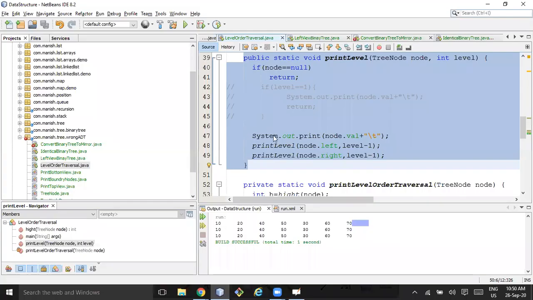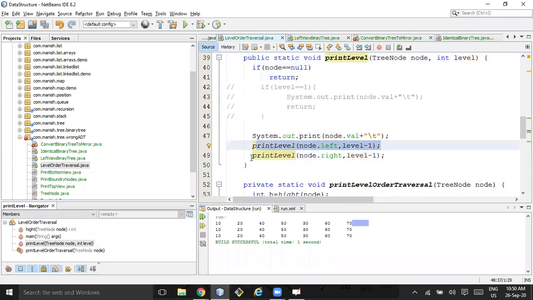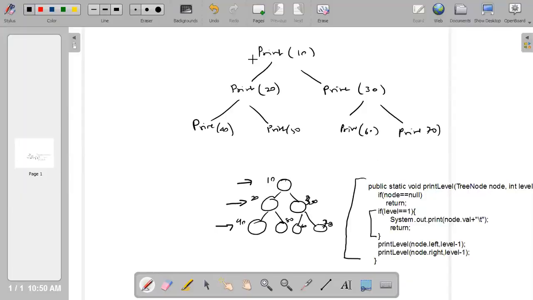That's what this code does, right? And apart from that, it's first printing 10. So SOP of 10. Then it is doing print of 20, print of 30. Then once it is coming to print 20, it will first do SOP of 20, then print of 40, print of 50. For the other, first it will do SOP of 30, then print of 60 and print of 70.